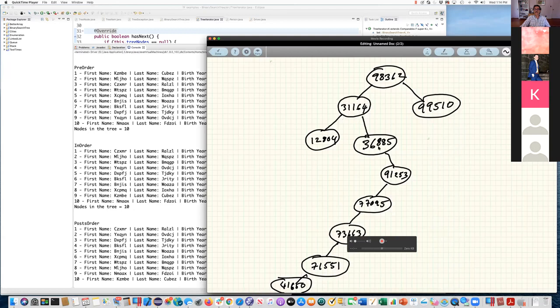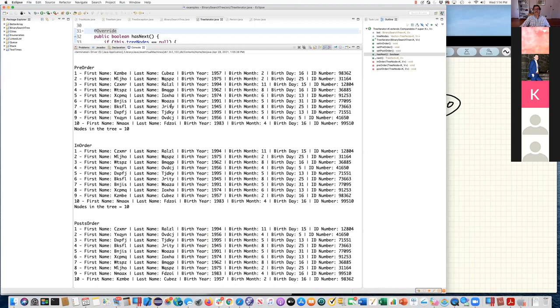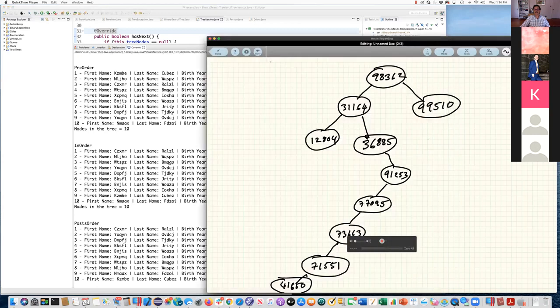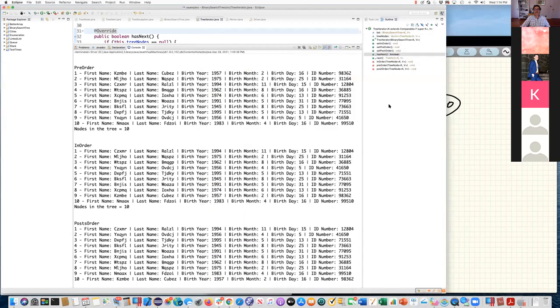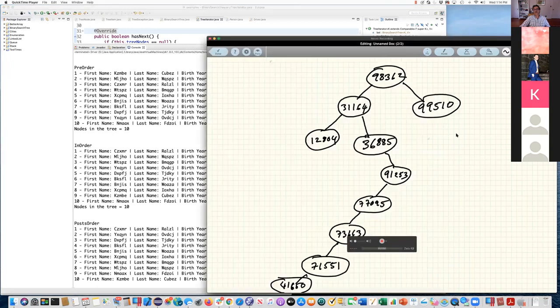Where did 38 go? Is this supposed to be a 38? 36,885. Okay. And then 41,650, 75, 76, 73, 77, 91, 71, 73, 77, 91, 98, and then 99. So that is the in order traversal.